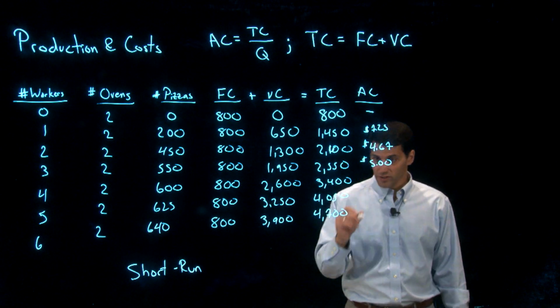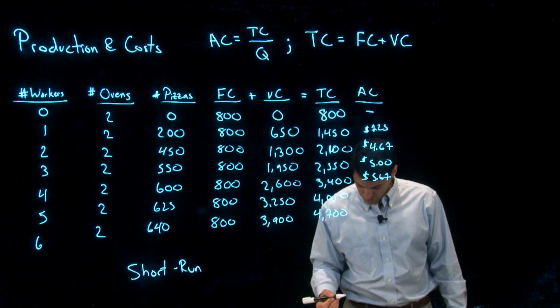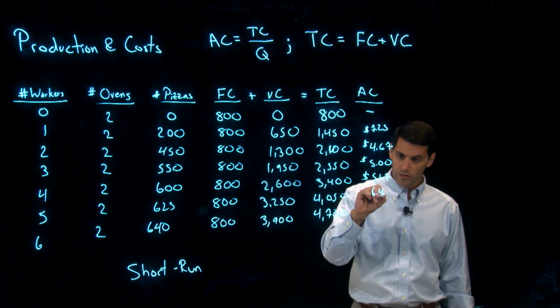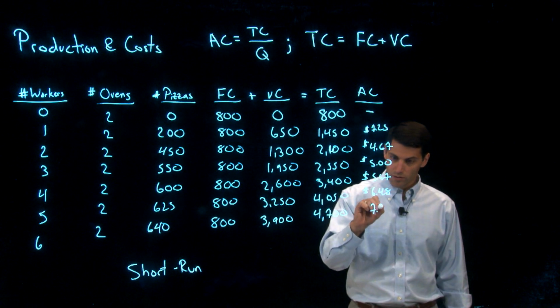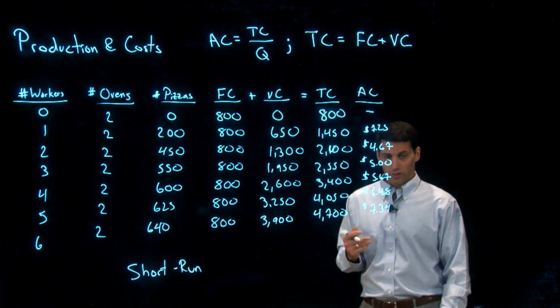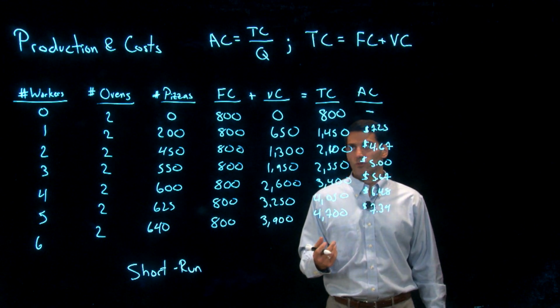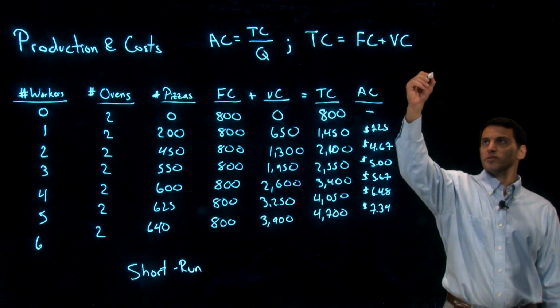Then it'll go up to 567, 648, and 734. So what are we actually noticing here? What's actually happening? So if you look at this, right, my total cost, if I look at my total costs,